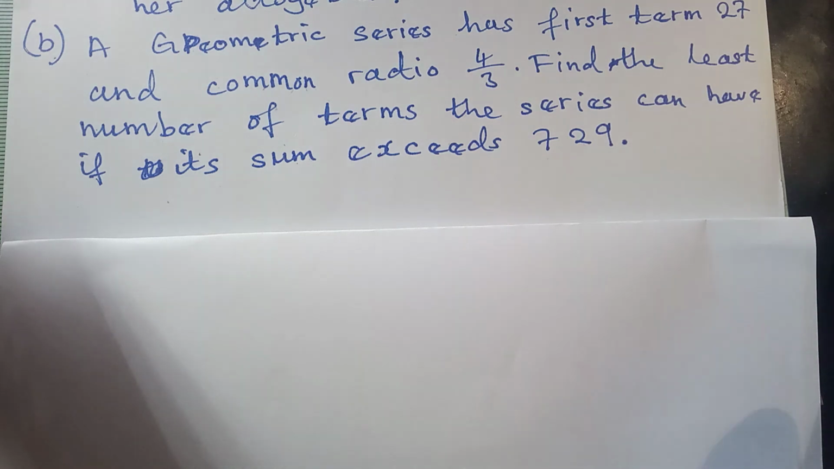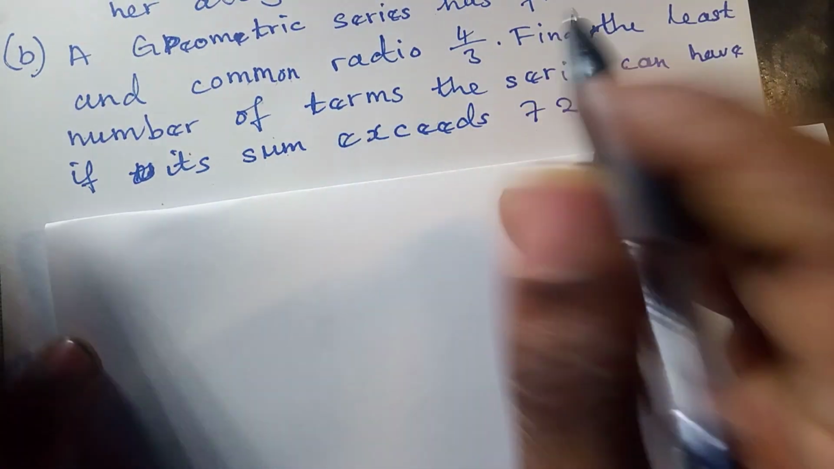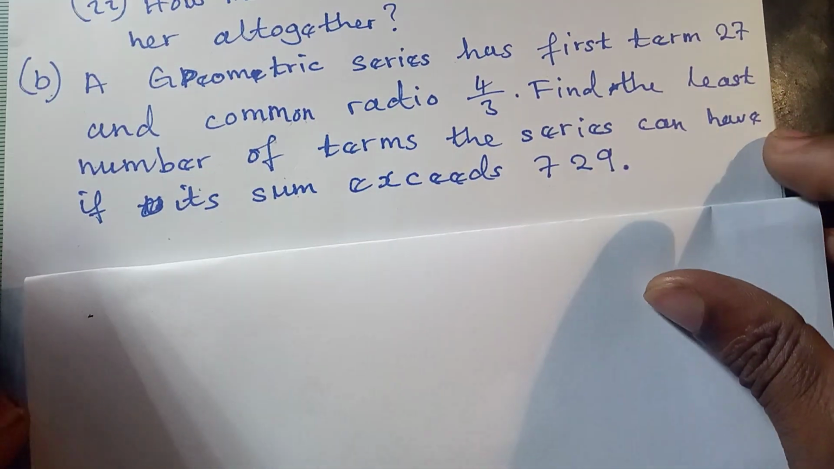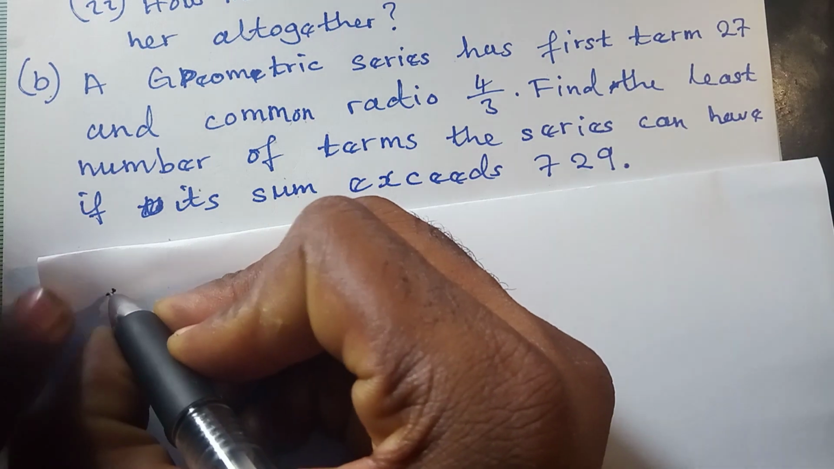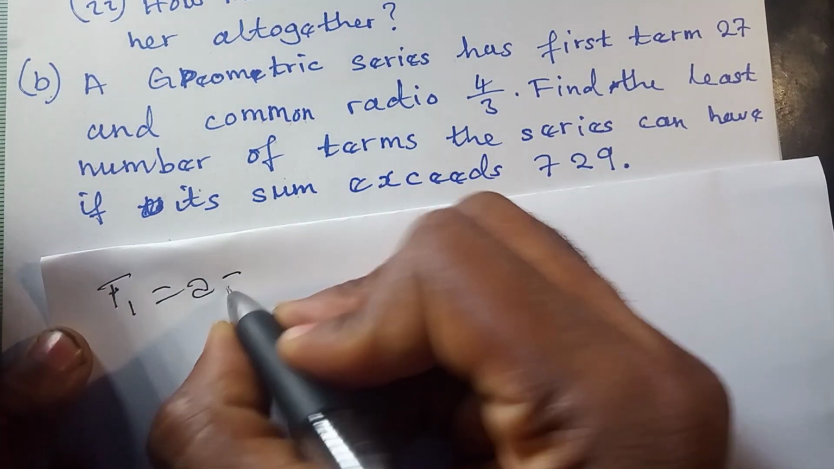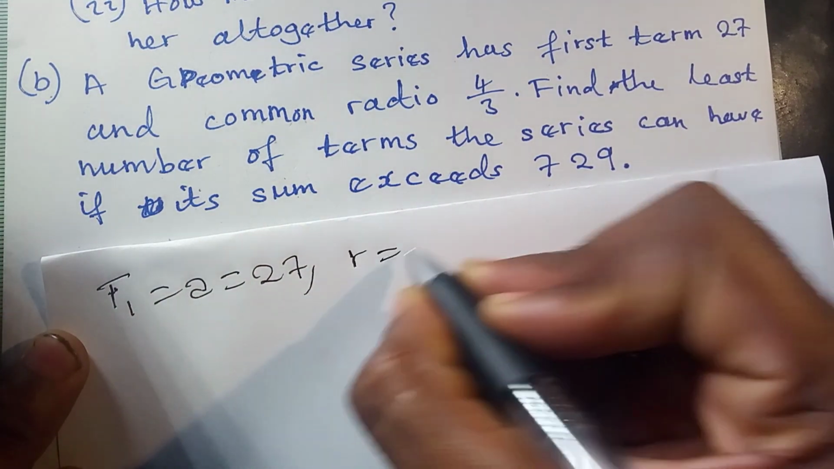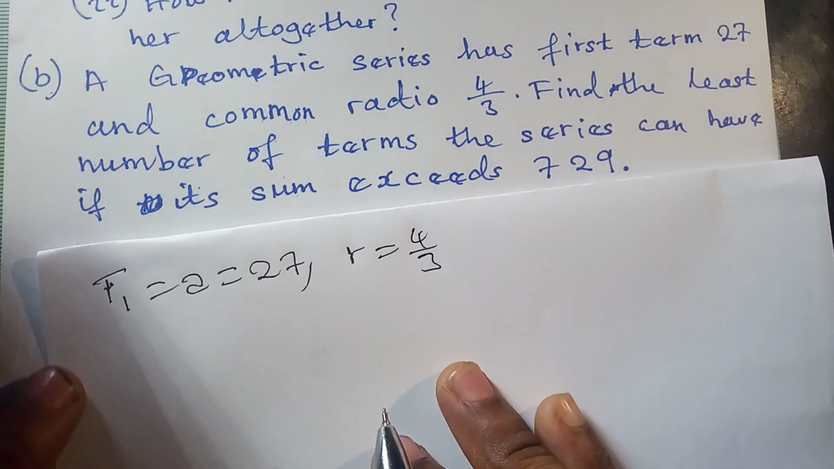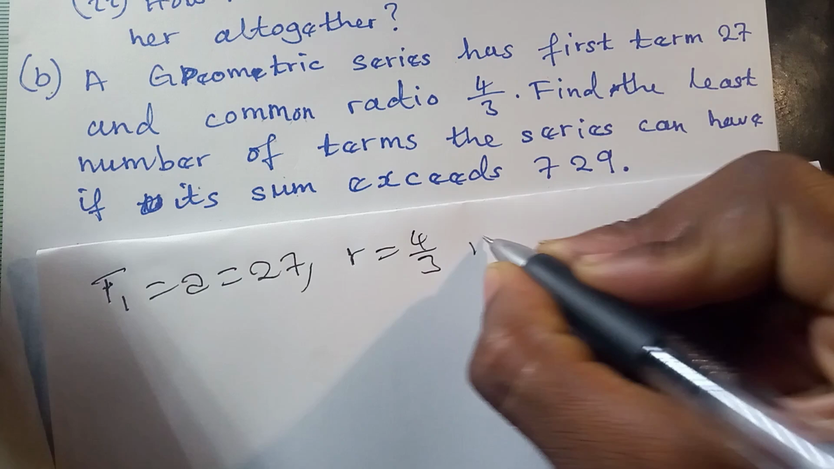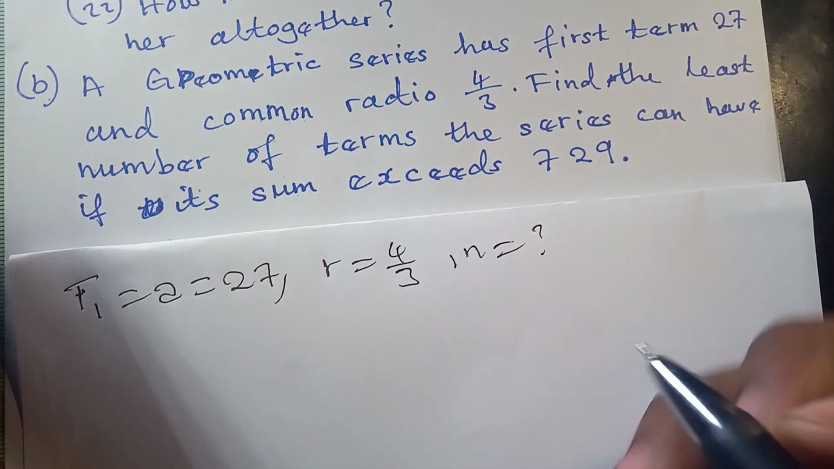So a geometric series has first term 27. So in this case, we've been told what kind of a series this is. So our first term, or A, is equal to 27, and then the common ratio is 4/3. Find the least number of terms the series can have